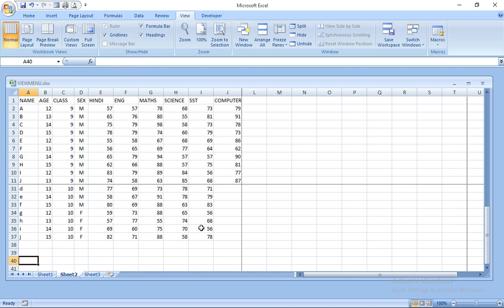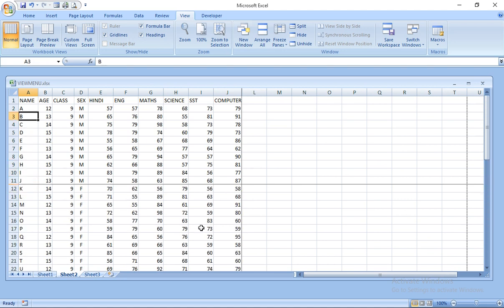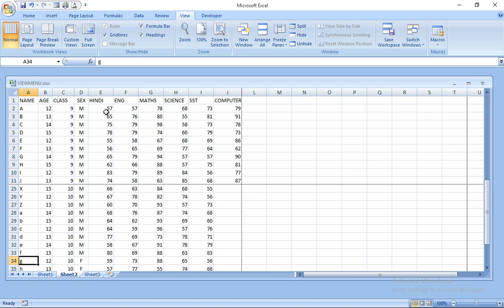Same way when you go to the right side and there is a lot of data, it won't hide the column. I have only a few data, so it is not showing. Same way, the column won't hide and will show you all your data, which will help in the input of your data.